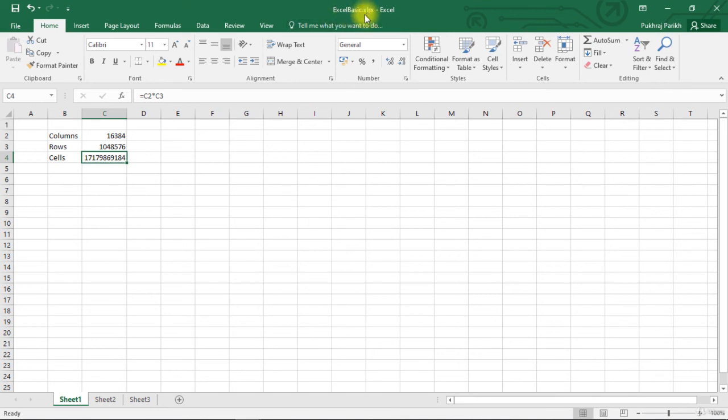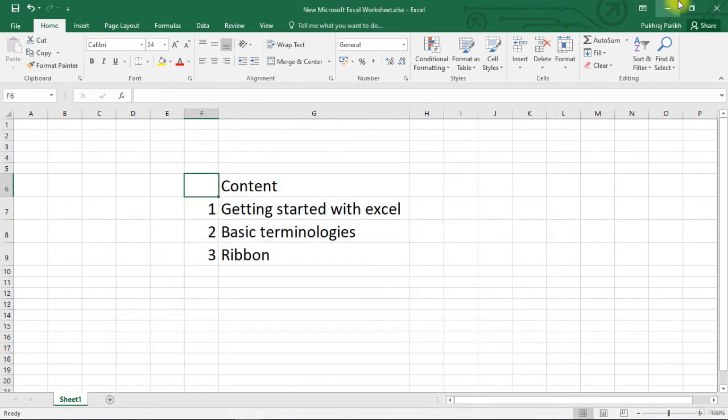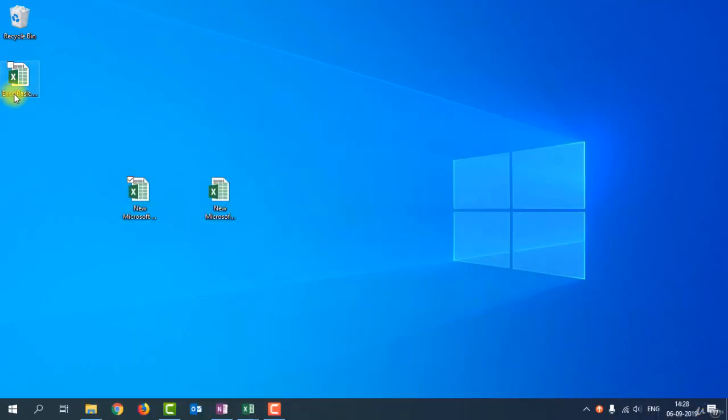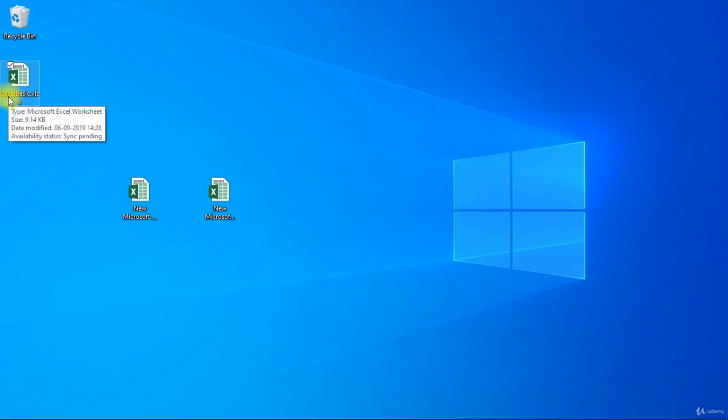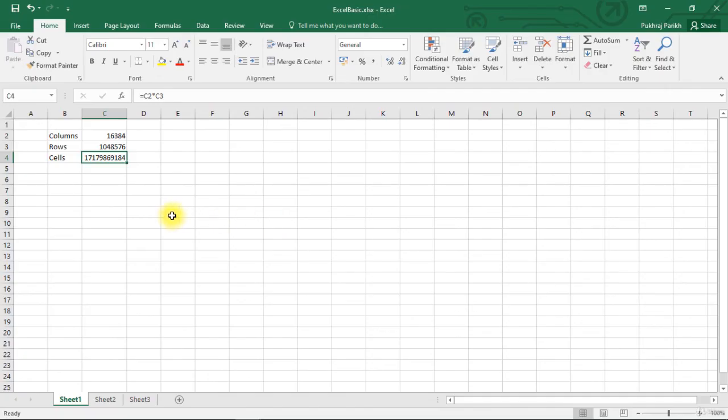If I minimize this file and go to my desktop, you can see that I have this file named excelbasic.xlsx, and whenever I double click on this file, the same file will open up.